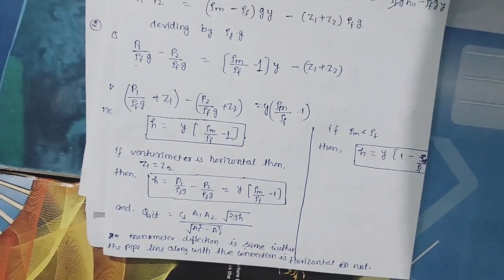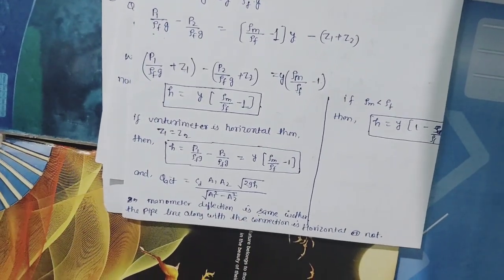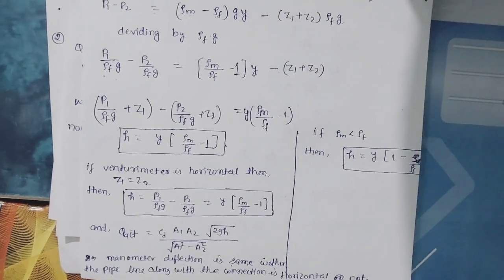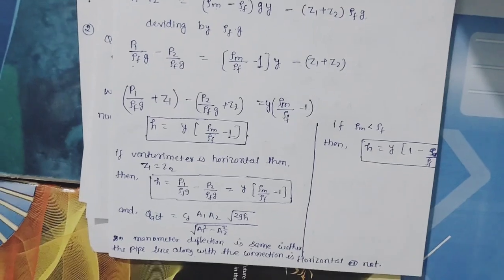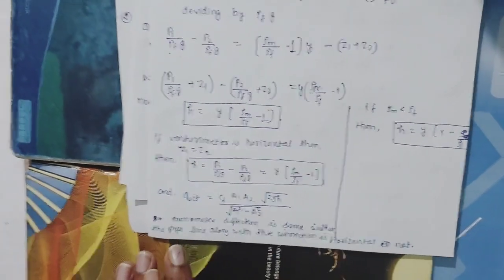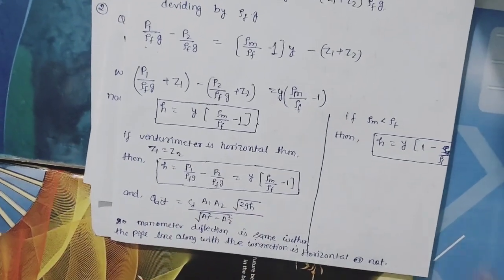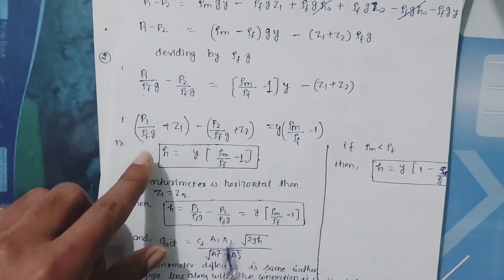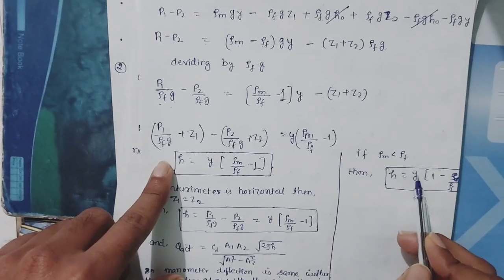Means we can say that the manometer deflection is the same whether the pipeline along with the connection is horizontal or not. Means it is at an angle or horizontal, it will not affect the manometric deflection H and the discharge will be the same. And if the flowing fluid density is more than the manometric fluid density, then H will be Y into